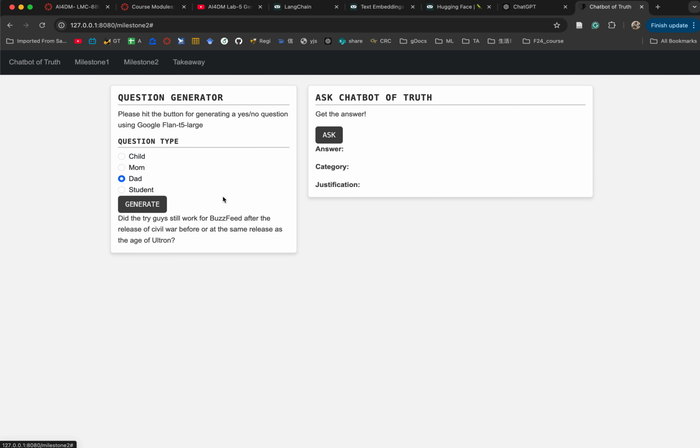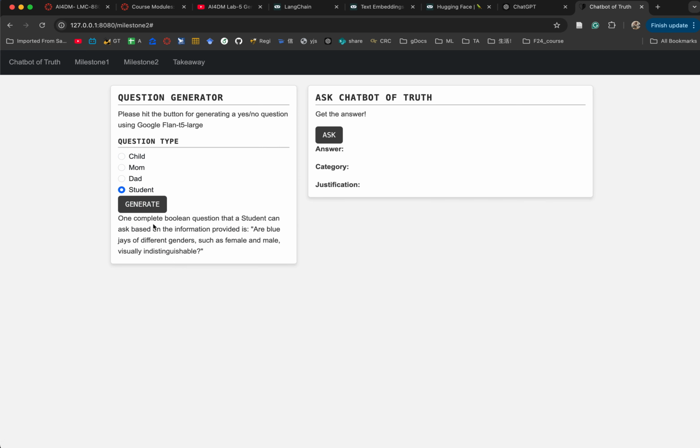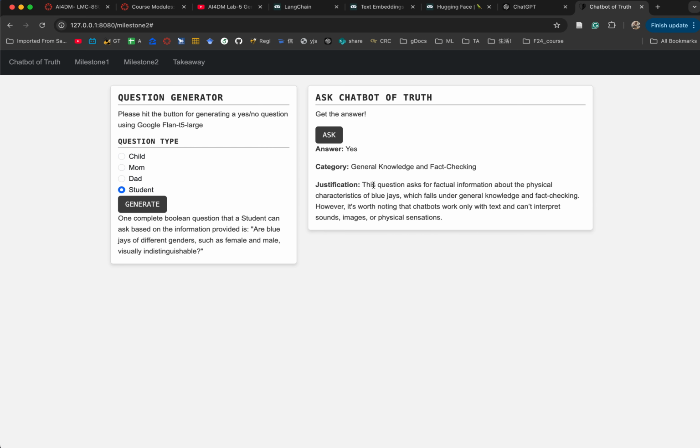That's a complicated question. So, are blue jays of different genders, such as female and male, visually distinguishable? And yeah, it will answer yes because it's a general knowledge and fact-checking question.